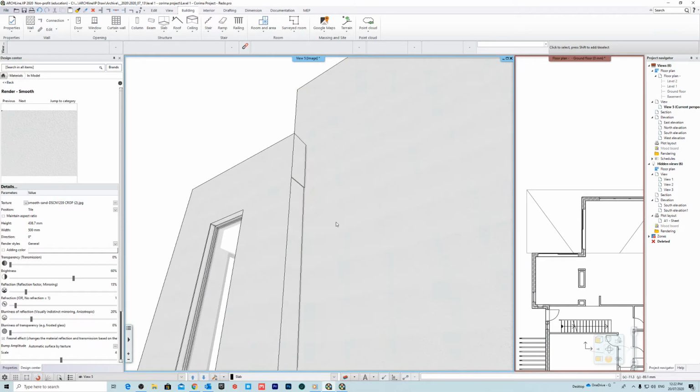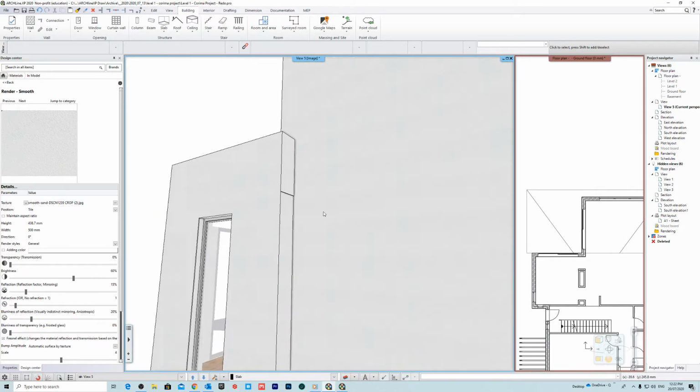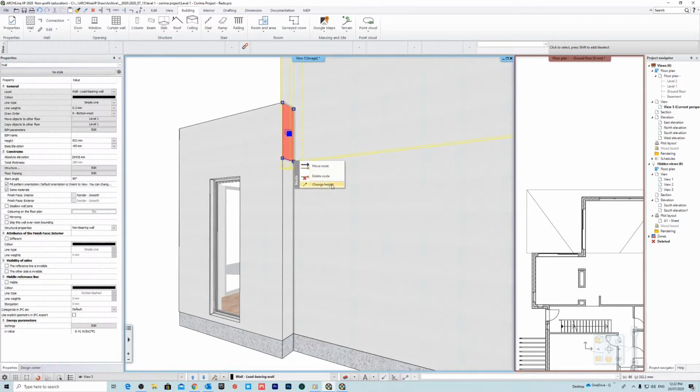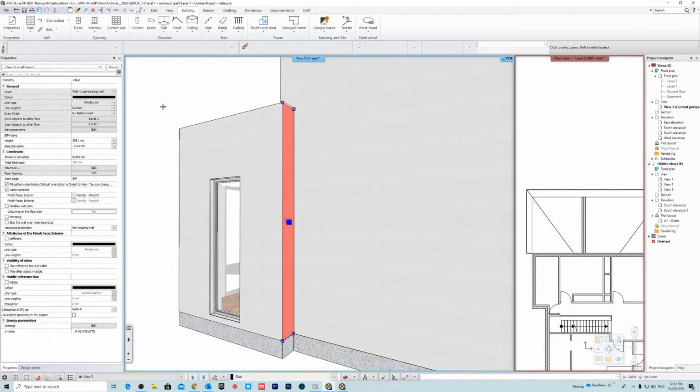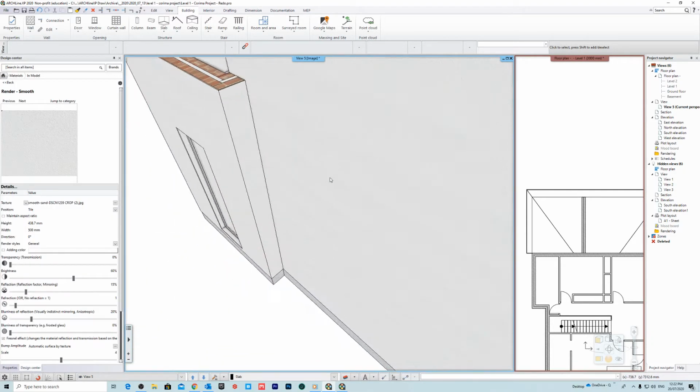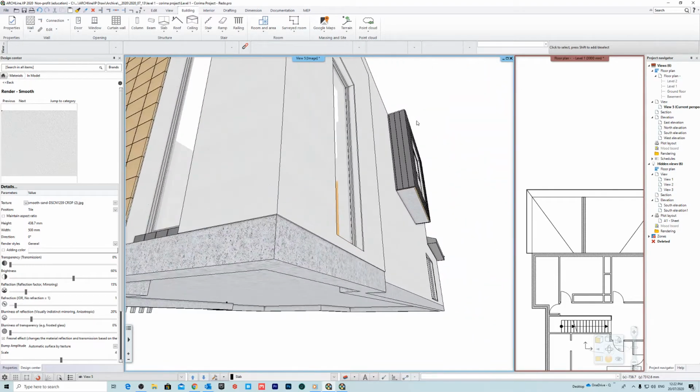Okay, now for this one we're going to do pretty much the same thing. So we're going to right click, go to edit layers, and move it all the way down to the bottom. So this is just the render that's going all the way down, as you can see. Okay,